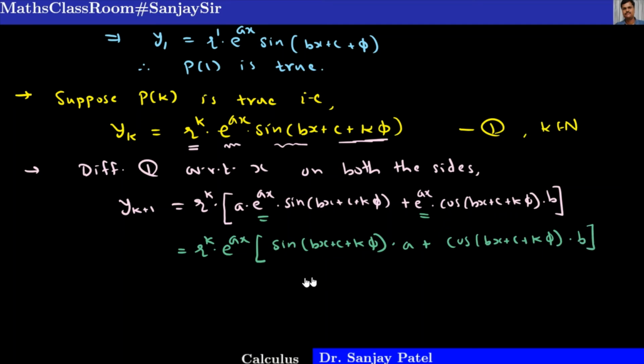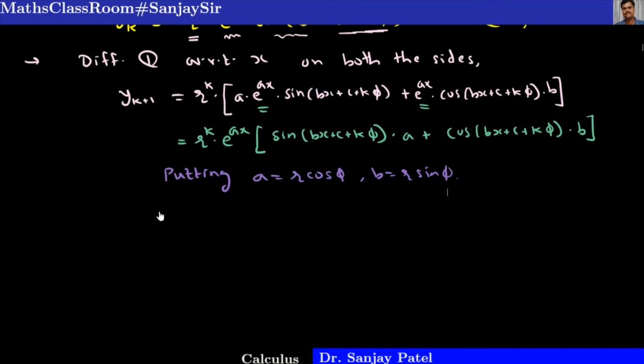Now, to convert this into the required form, we use the values of a and b. You know what the values of a and b are. So putting a equal to r cos phi and b equal to r sin phi in this square bracket, we get y(k plus 1) as